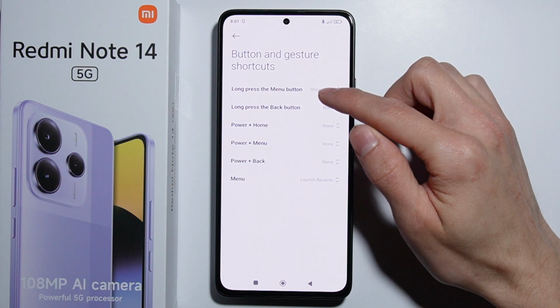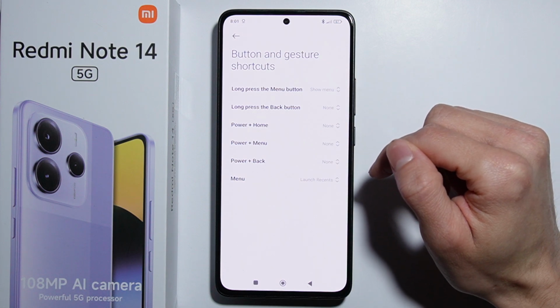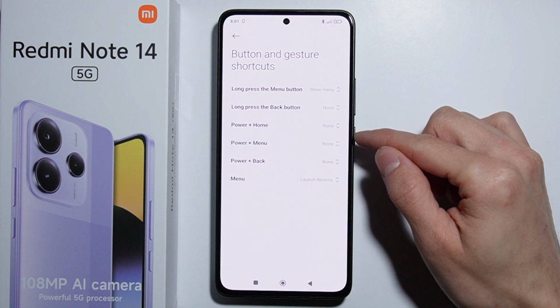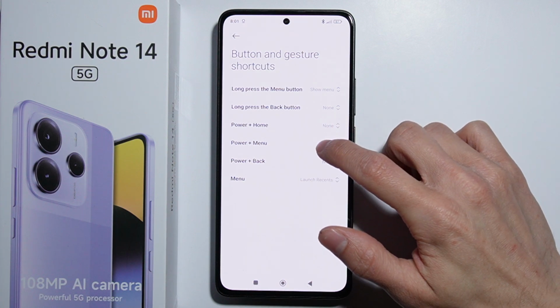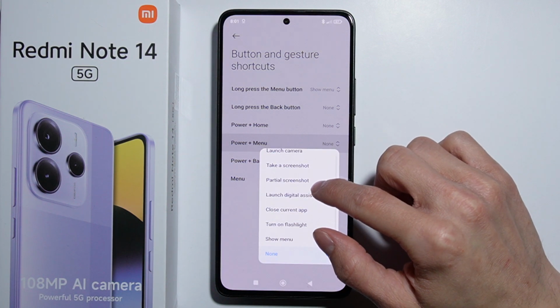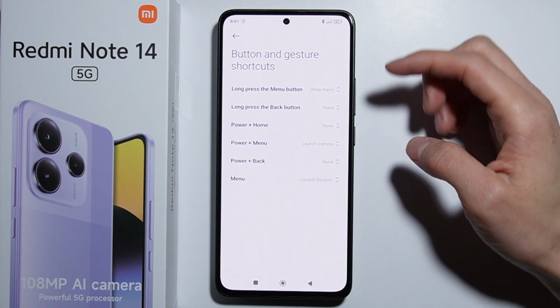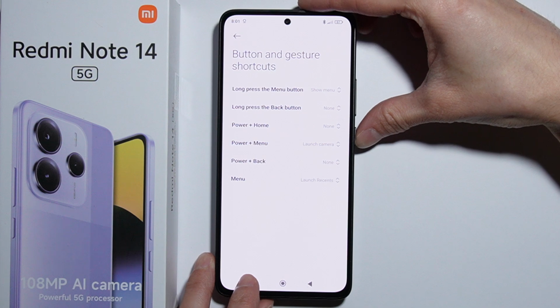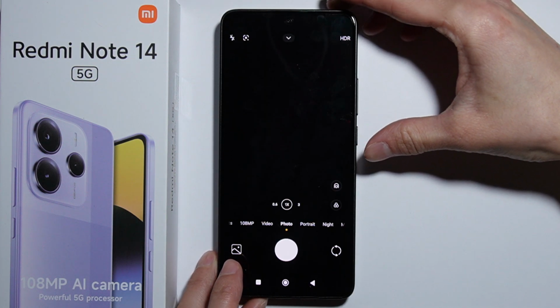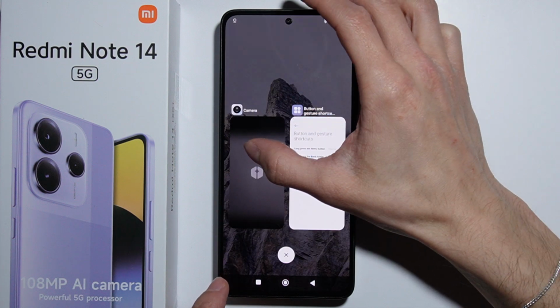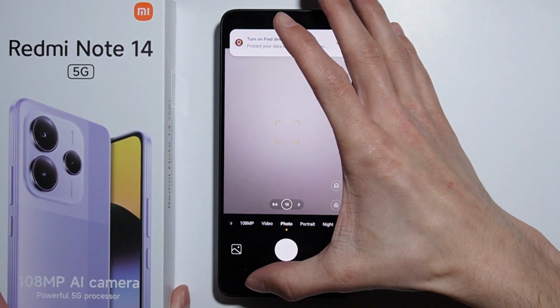And for example, let's set the power and menu, which will be this button and this button right here. Let's set the shortcut to, for example, launch camera. And right now, as I press these two buttons at the same time, there is the camera appearing. As you can see, there's the camera launching. So that's how to set up the shortcuts